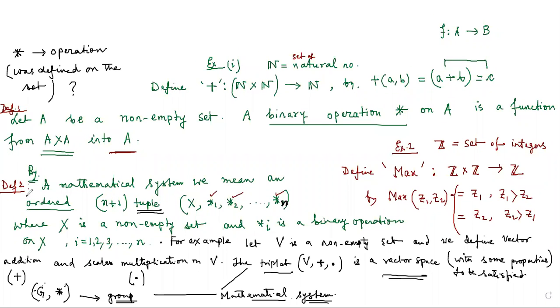And why is this word "ordered" written over here? What will be the problem if we do not write the word ordered? Okay, let me try to explain that. Suppose one of you has considered, for example, the set of integers, and is defining the set of integers he is considering,